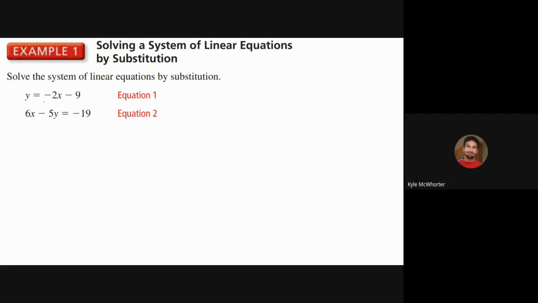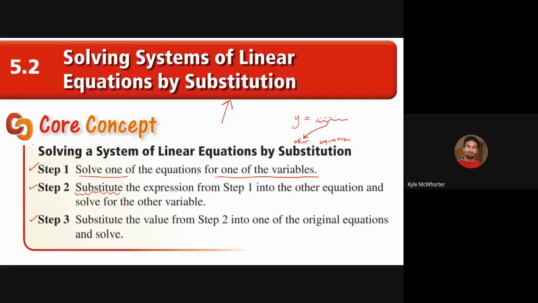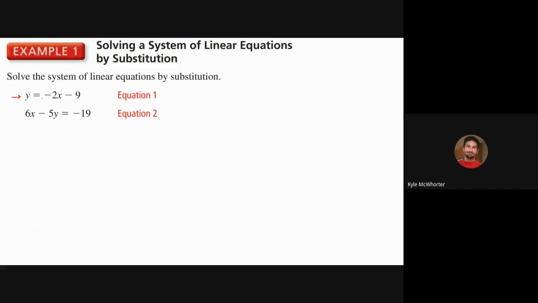Now this one, I look at my two equations. Equation one already has one of the variables by itself. It already has the y by itself. So step one, already done for us. Step two is to substitute into the other equation. So what I'm going to do is take what y equals, which is